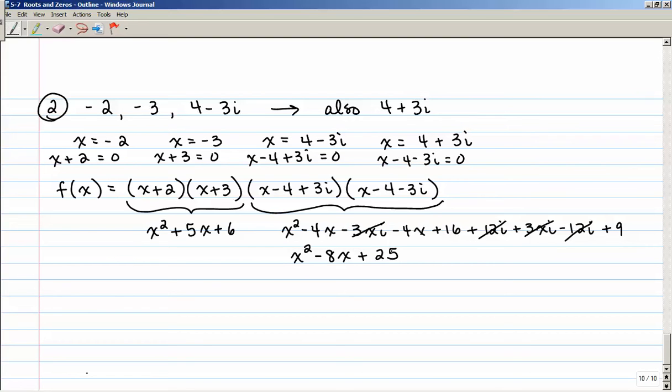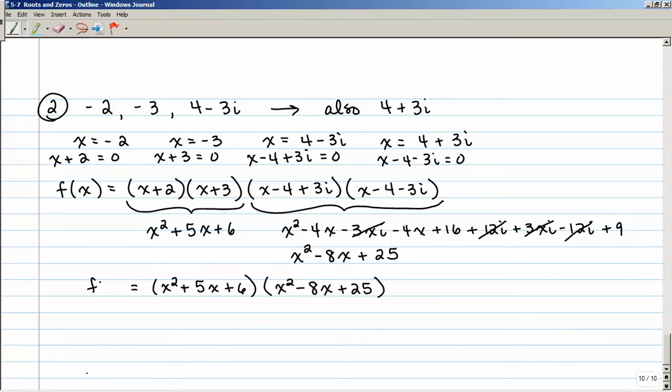Okay, so now I have this factor here, x squared plus 5x plus 6, and then x squared minus 8x plus 25,